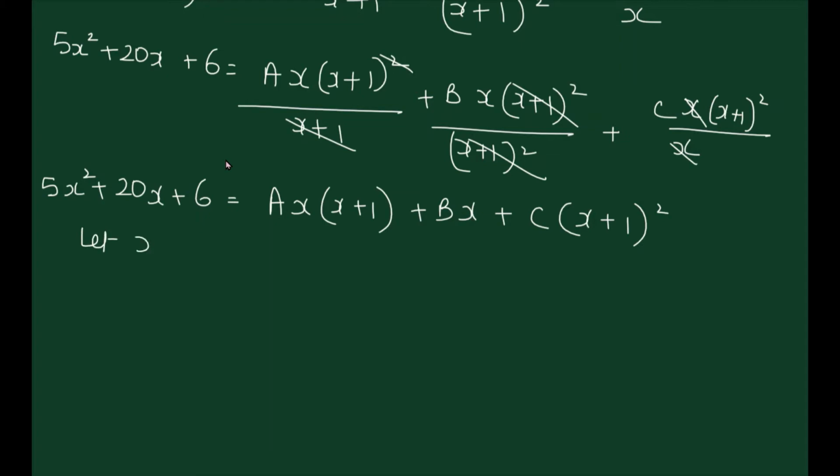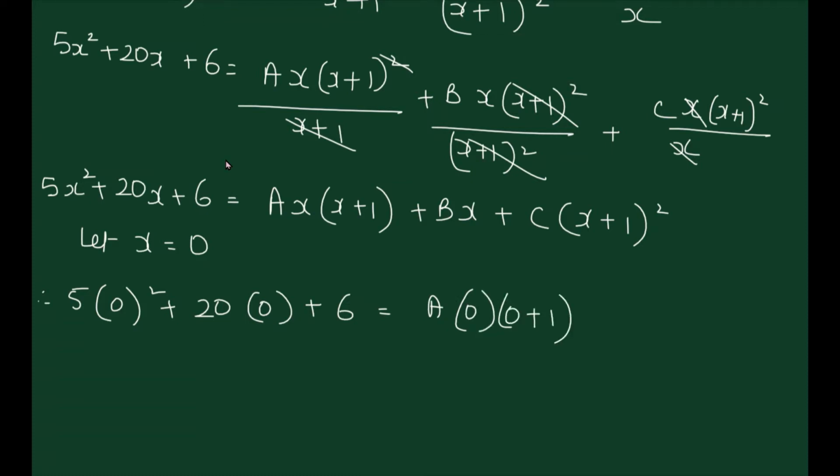So first let x is equal to 0 and therefore we are going to get 5 into 0 square plus 20 into 0 plus 6 is equal to a into 0, 0 plus 1 plus b into 0 plus c into 0 plus 1 the whole square. Okay, so here A and B get cancelled because they become 0 and we get 6 is equal to C. So C becomes 6 over here. We get the value of C as 6. Then in the next step,